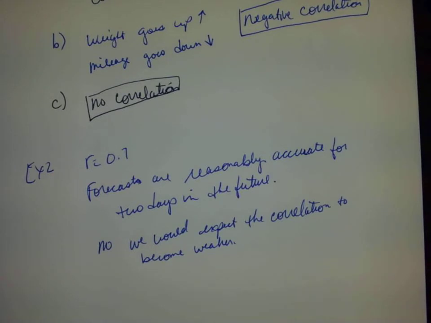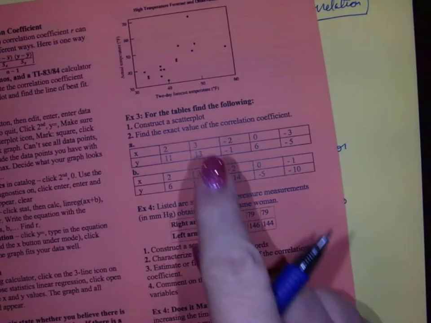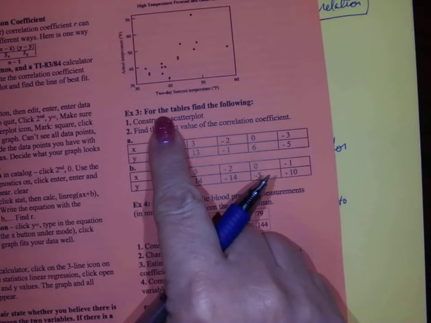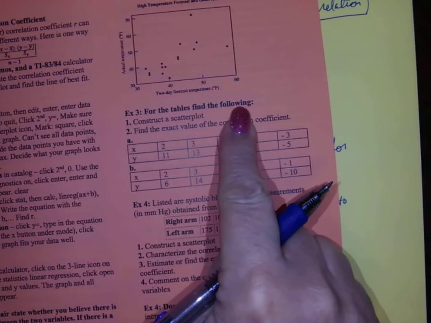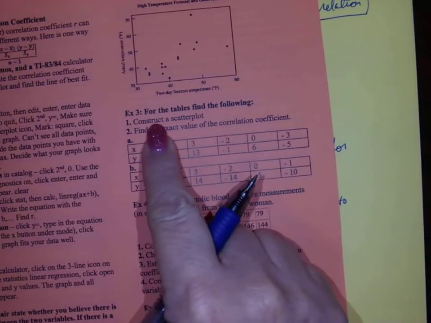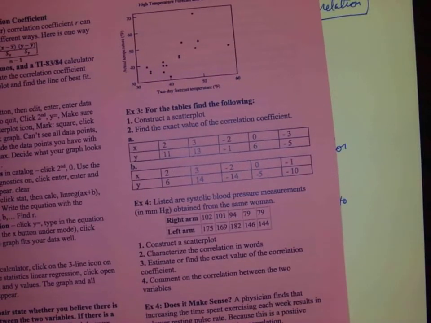All right. So let's go on to example 3. For example 3, for the tables, we're going to find the following. We're going to construct a scatter plot, and we're going to find the exact value of the correlation coefficient. All right, so